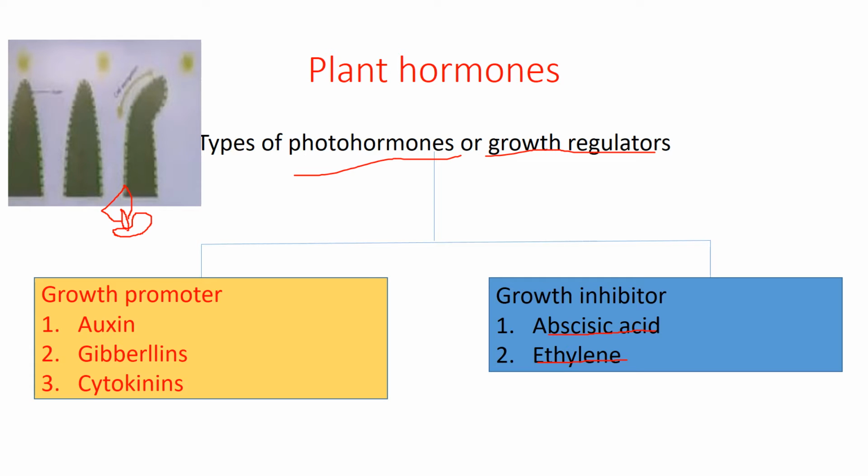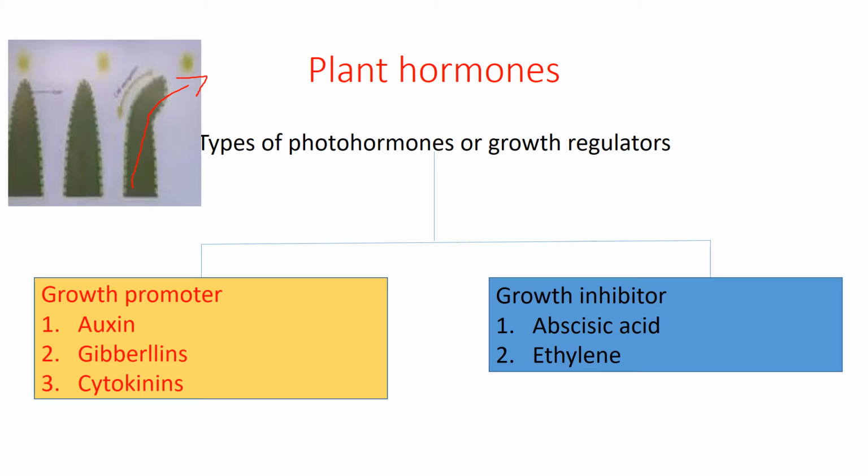See, here there is a picture. Suppose we are doing one experiment. I am taking a healthy plant and keeping it in a room where there is no light, and the light should come only from the window. You place that plant at the window. What happens? The plant starts growing towards the light.